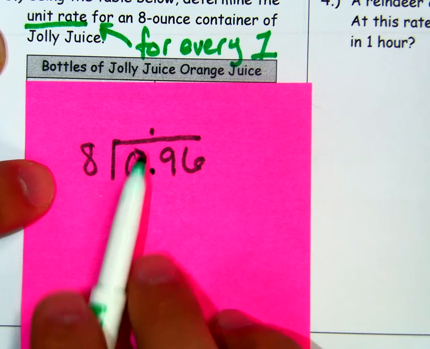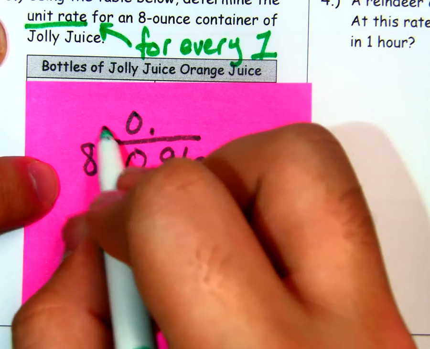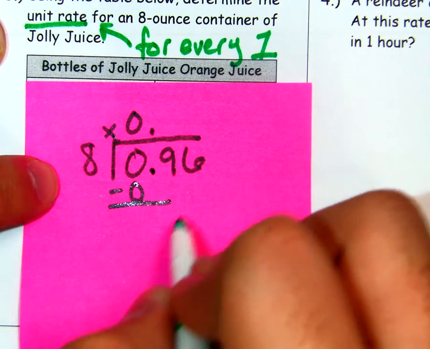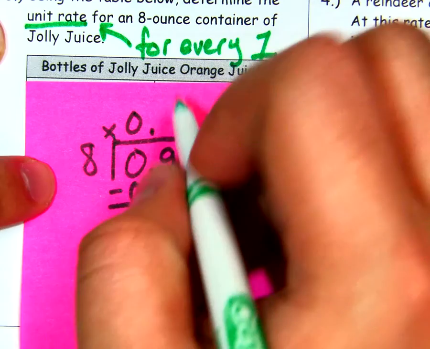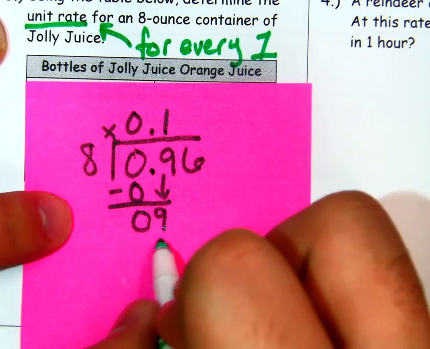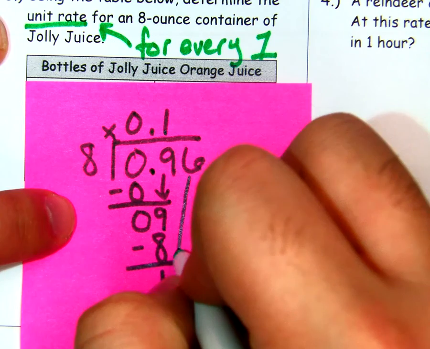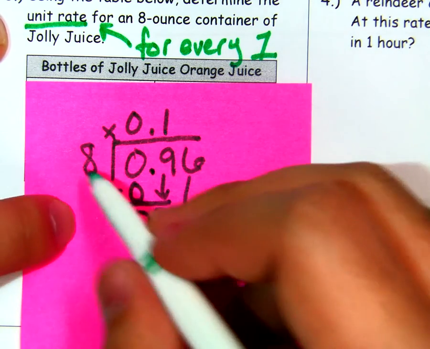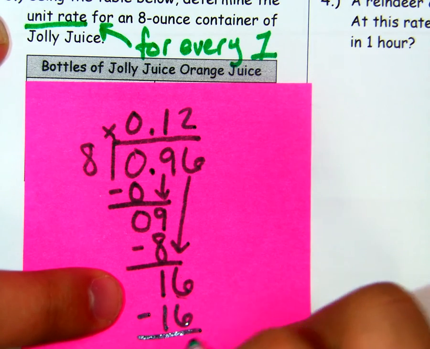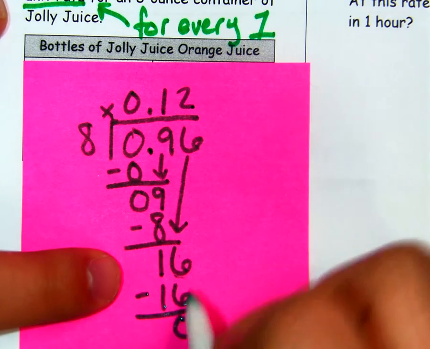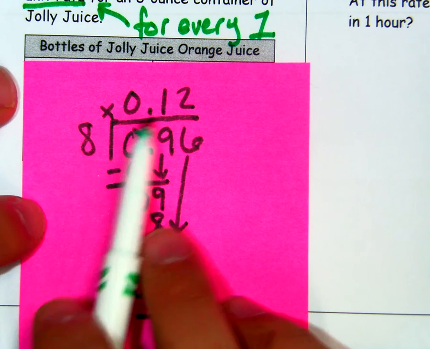Now we can go through our division like normal. 8 goes into 0 times, since 8 times 0 gives me 0. And then I'll bring down the 9 next. 8 goes into 9 one time, because 1 times 8 is 8. And I'm left with 1 remainder. And then I'll bring down the 6. 8 goes into 16 2 times. And that should end up zeroing out there, which means that 96 hundredths divided by 8 is going to give me 12 hundredths,